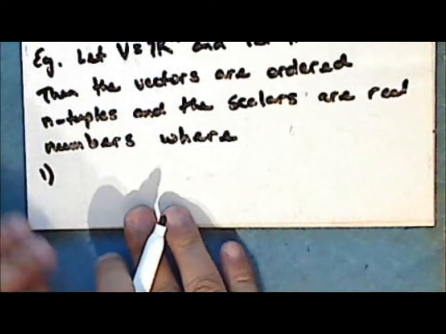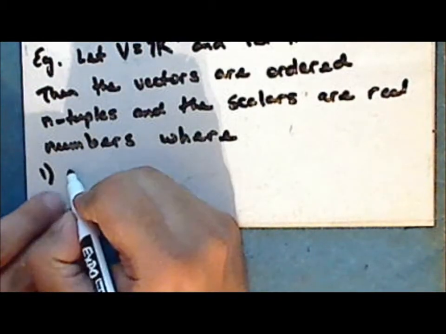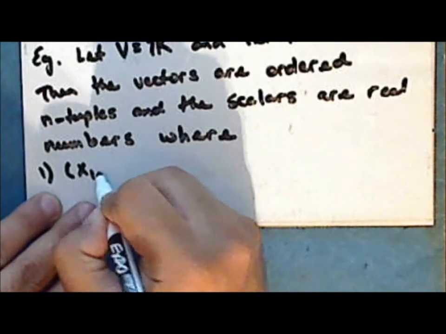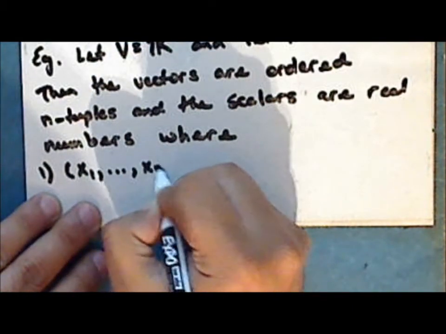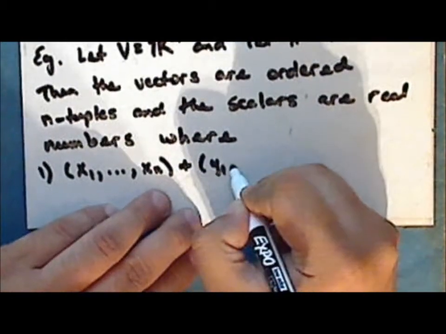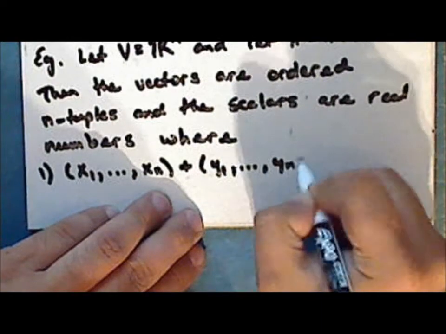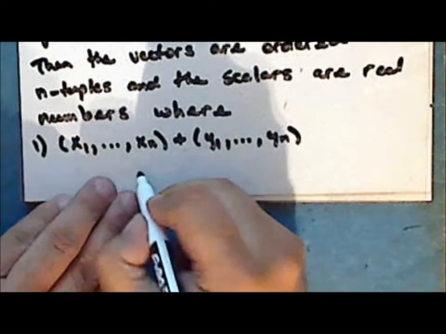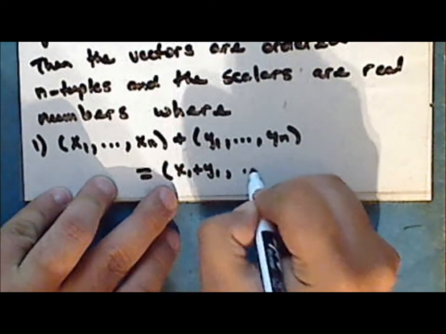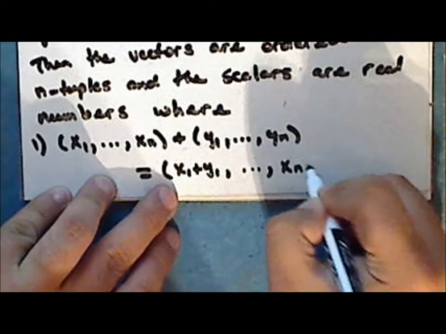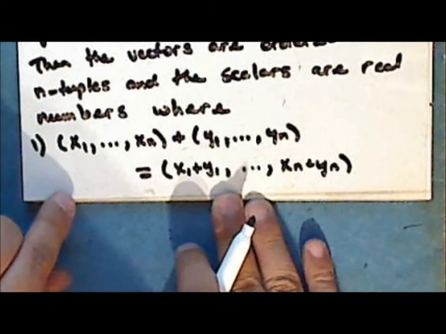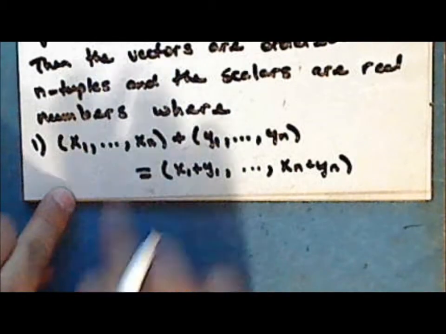we need a way to add two vectors, and so the ordered n-tuple x with coordinates x of 1 through x of n added to the ordered n-tuple with coordinates y sub 1 through y sub n is the ordered n-tuple with coordinates x sub 1 plus y sub 1 and so on through x sub n plus y sub n. So here we have a definition of vector addition where the vectors are ordered n-tuples,